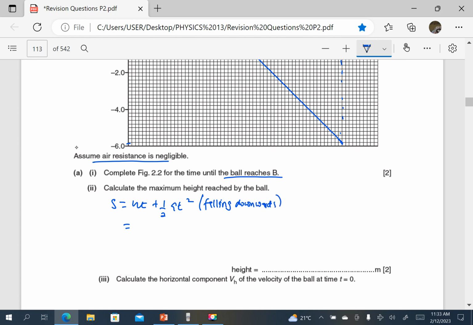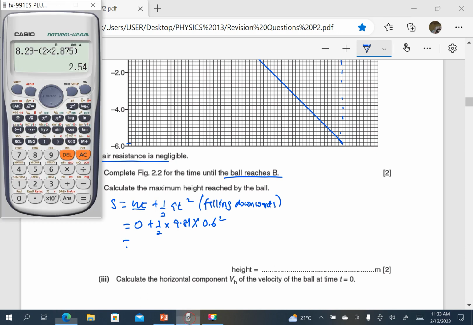So if it is falling downwards, it starts from rest in the vertical. So that would be 0 plus a half times 9.81. I will not put a negative because I'm just considering the motion downwards. The time it takes is 0.6 squared to reach the ground, to take the same time. So 0.5 times 9.81, then times 0.6 squared. So that one gives us 1.77,